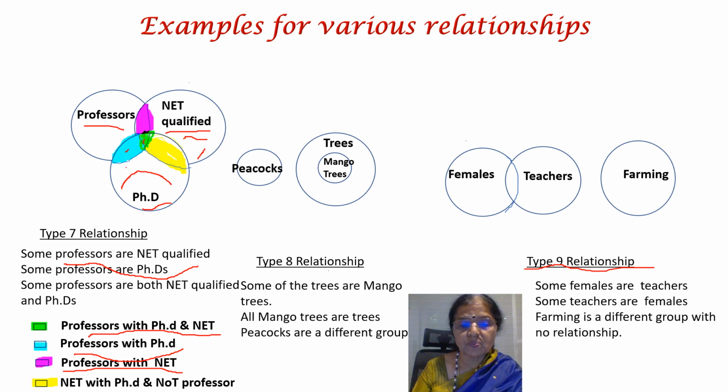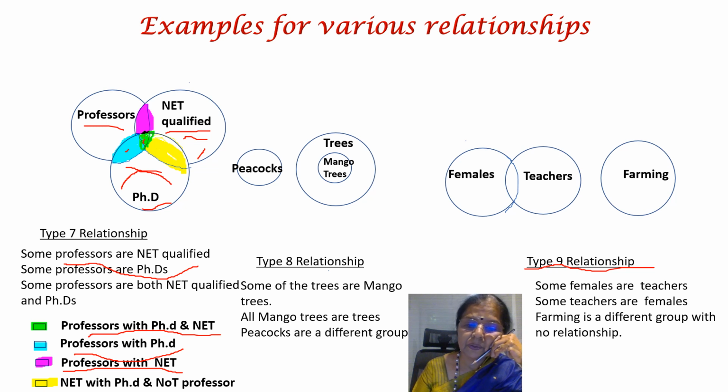This group, they are with PhD and NET. This yellow group, they are both with NET and with PhD, but they are not professors. That is the saddest part. So this kind of overlapping, you should know how to draw the Venn diagram, how to select the appropriate Venn